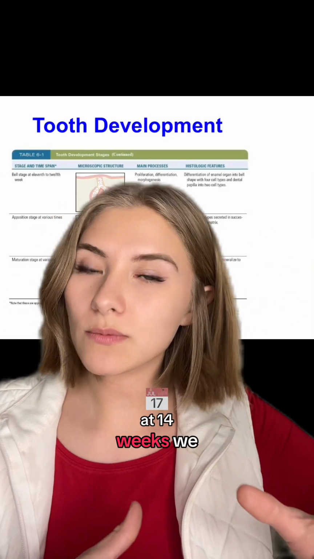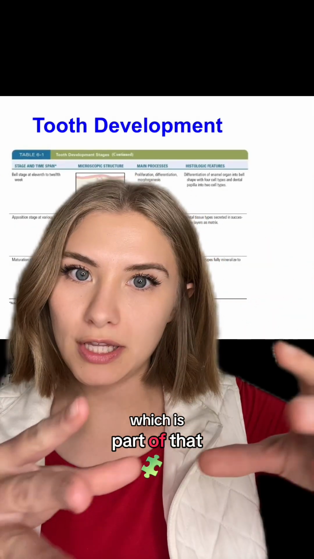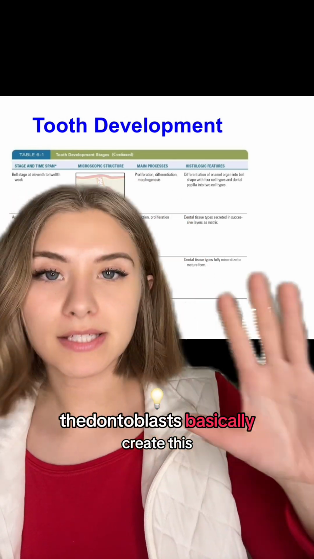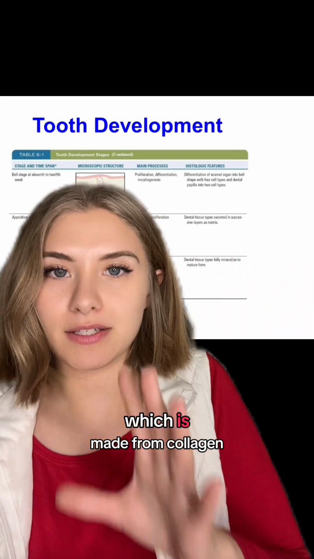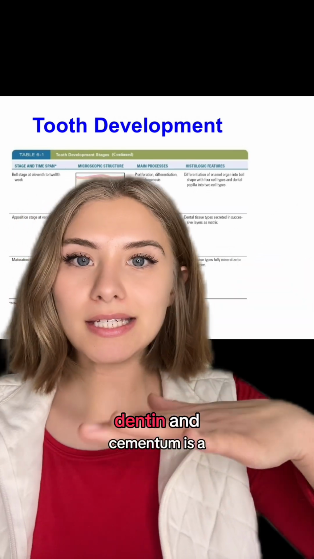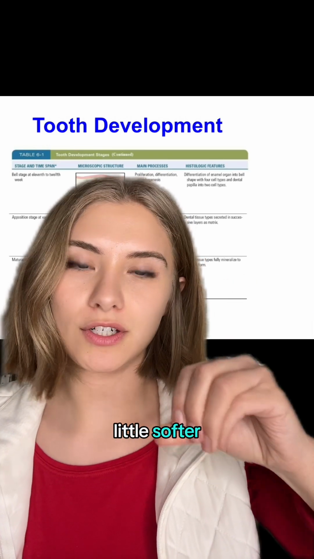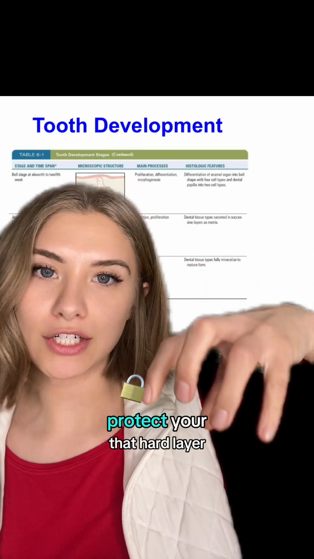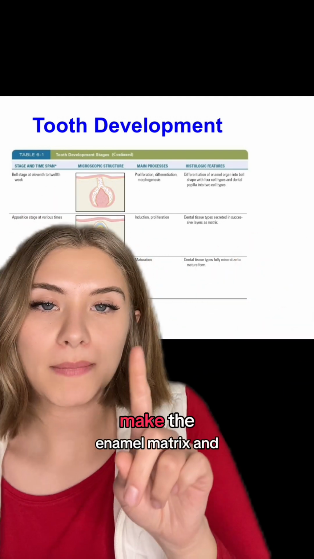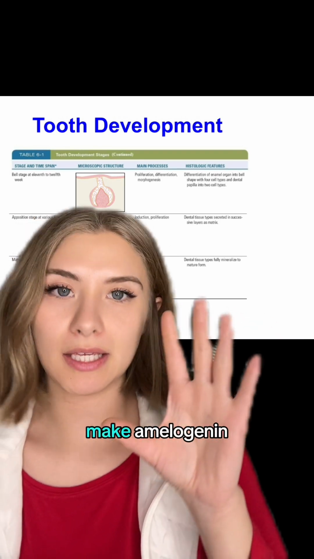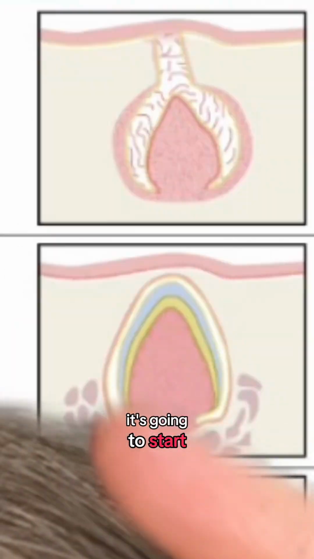At 14 weeks, we have apposition, which is part of that bell stage. Odontoblasts basically create this dentin matrix, which is made from collagen. Dentin and cementum are a little softer. That's why enamel is that protector, that hard layer. Ameloblasts, like I said, make the enamel matrix and make amelogenin. It's going to start making this